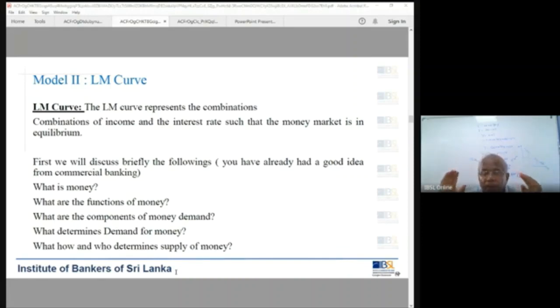But money supply is exogenous, independently determined by the central bank. No other factor is involved; they use their own analysis and decide the money supply. Independent, right? Demand for money, supply of money. Now you can discuss the LM curve, or the money market equilibrium.